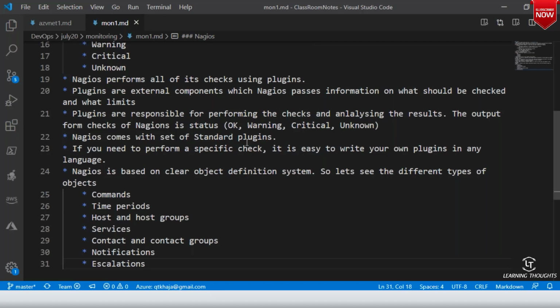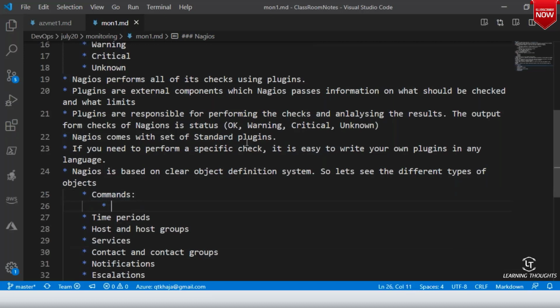Okay, so now commands. Commands are definitions of how Nagios should perform types of checks.